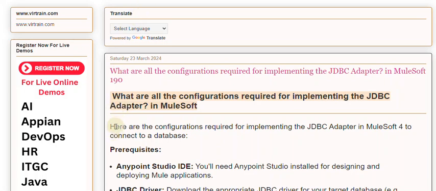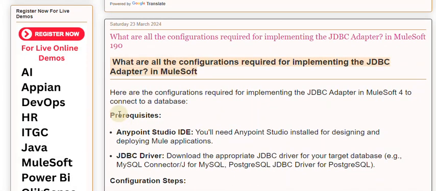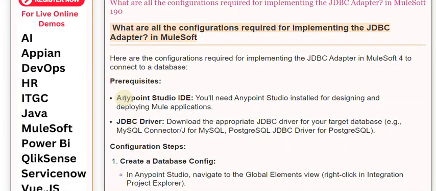Here are the configurations required for implementing the JDBC adapter in MuleSoft 4 to connect to a database. Prerequisites. Anypoint Studio IDE. You'll need Anypoint Studio installed for designing and deploying Mule applications. JDBC driver. Download the appropriate JDBC driver for your target database, e.g., MySQL Connector/J for MySQL, PostgreSQL JDBC driver